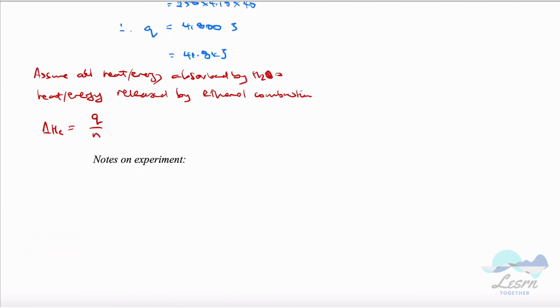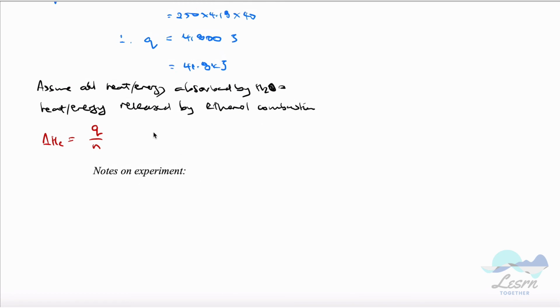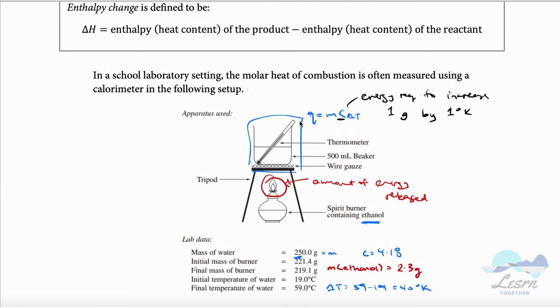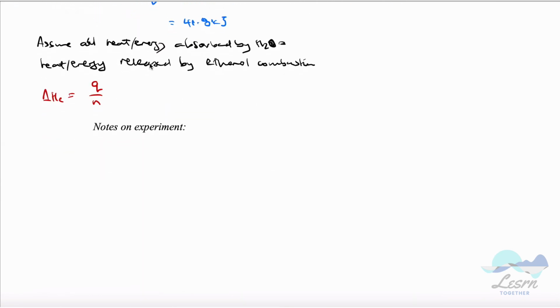Because we used 2.3 grams of ethanol, I'm just going to change this bit to black, just so we can distinguish between the two different types of calculations. So the bit in blue, we're doing the calculation for up here. The bit in red, we're doing the calculation for down here. So we assume the amount of heat released from the ethanol combustion was equal to the amount of heat absorbed by the water. So we've got Q, we said n, we need to find the number of moles of ethanol,